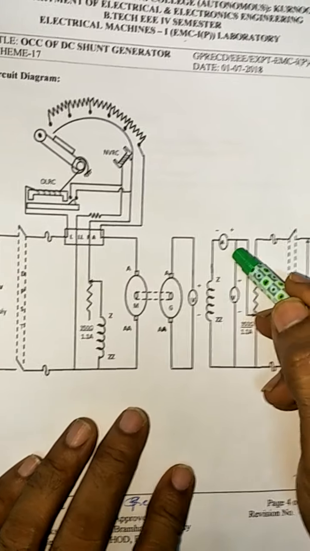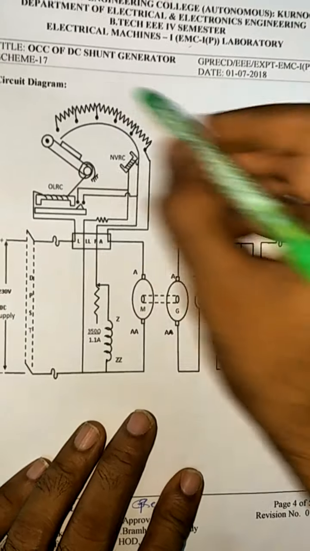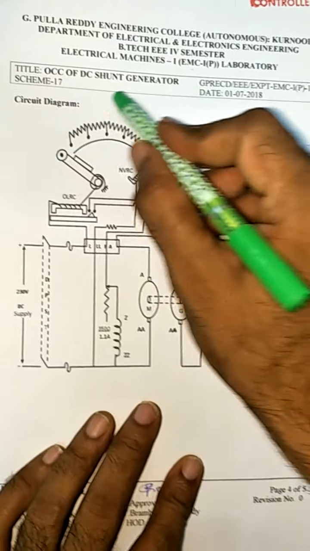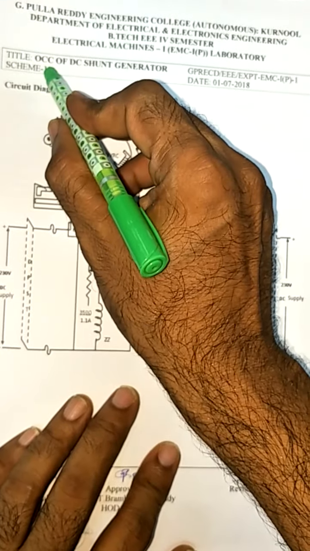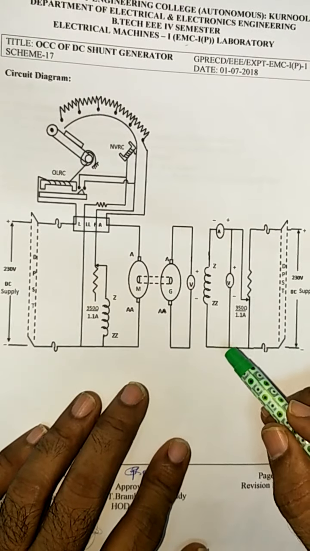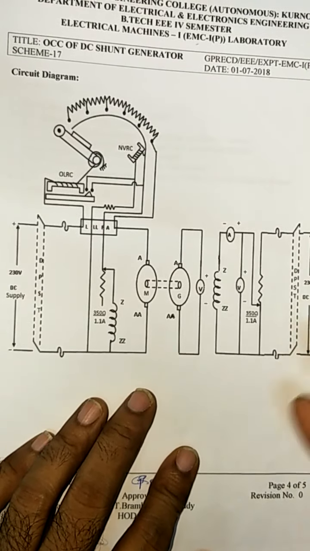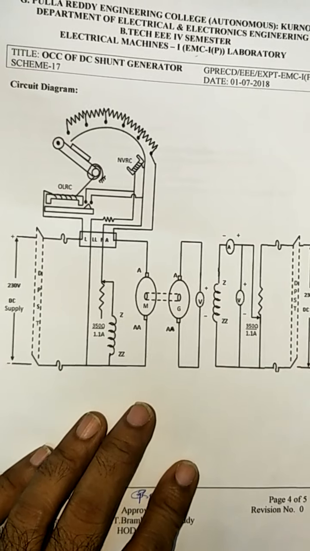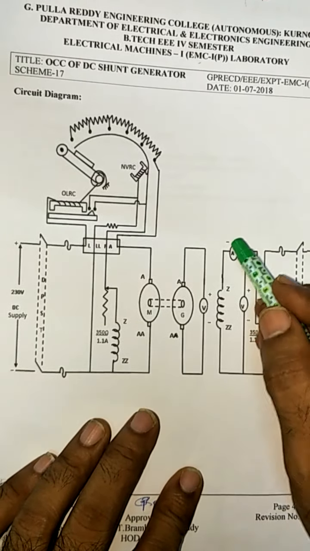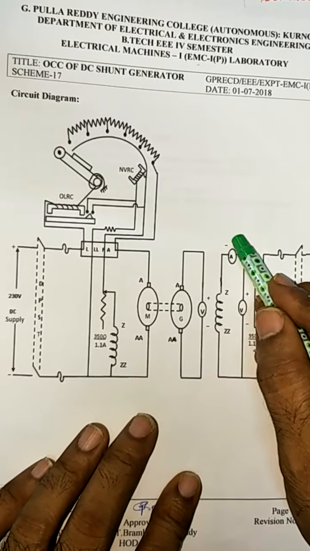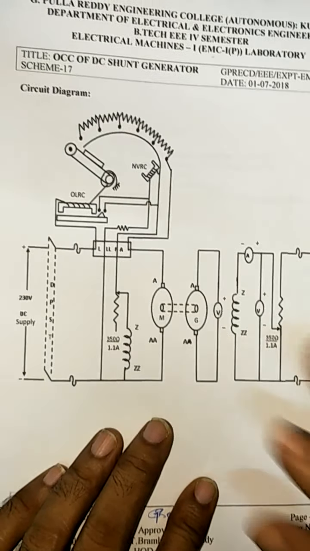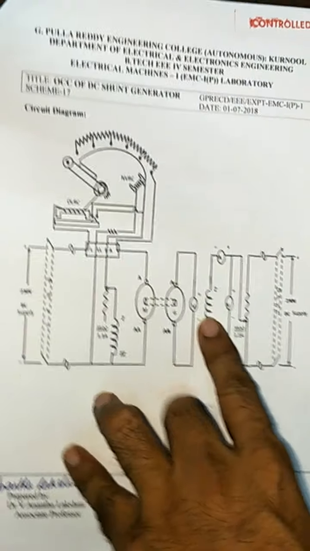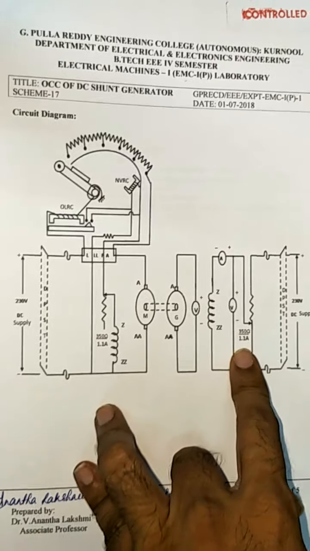I suggest you go for 0 to 2 amperes, because this machine is on no load condition, and that too we are going to conduct open circuit conditions. Here we are going to apply field current beyond its rated value, up to 120 to 130% of rated voltage. Hence I will suggest you go for a 0 to 2 amperes MC type of instrument. So that's about deciding the voltmeter and ammeter ratings.